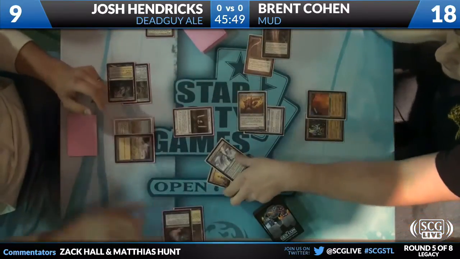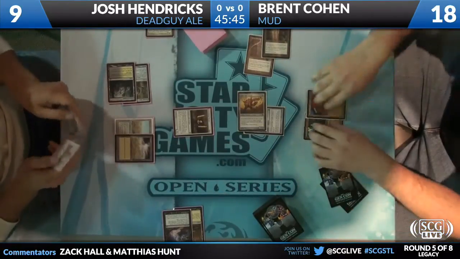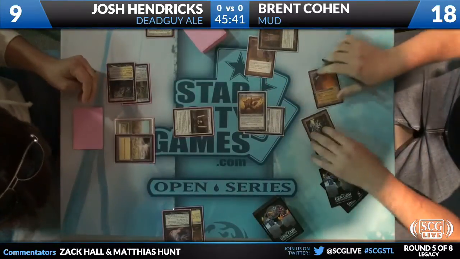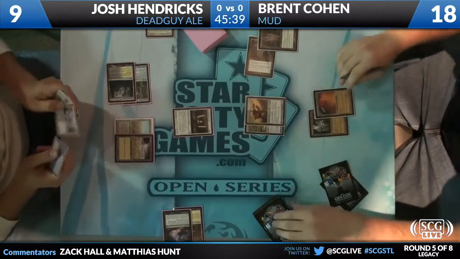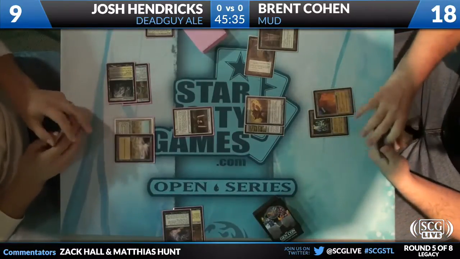Yep, and Josh Hendricks tries to take a land, but nope, Thoughtseize is non-land. The lands are just there because of Mox Opal. Metalworker and Mox. So Metalworker, Mox Opal, Kuldotha Forge Master. So yep, he's going to untap a Monolith, and he's drawn...